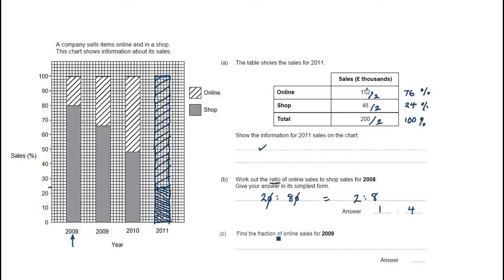Now, part C, we're asked to find the fraction of online sales for 2009. So this time we're looking at these sales here in 2009. So the fraction is going to be rather different to the ratio, and that's why I added this question here. Fractions and ratios tend to be different. A fraction is a ratio, but it's a part to whole ratio, whereas most ratios are part to part. Now, if this was part to part,